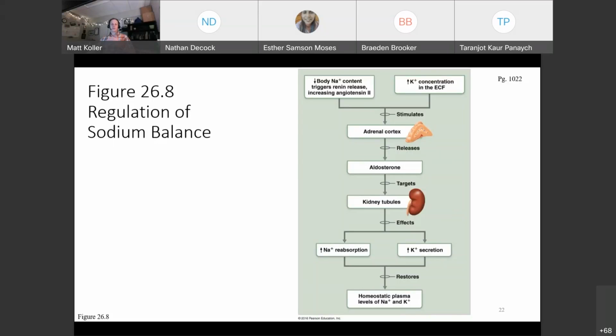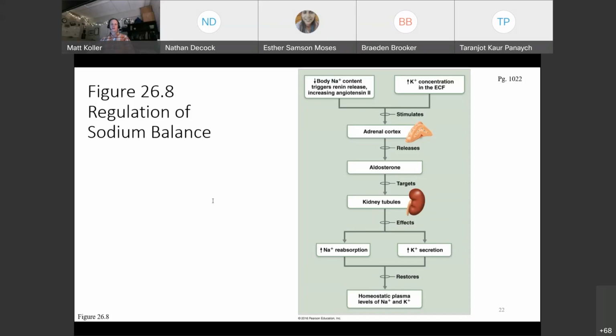So basically, when aldosterone concentrations are high, sodium is actively reabsorbed, and the water follows that, right? So if we release aldosterone, we reabsorb sodium, we reabsorb water, extracellular fluid goes up. When aldosterone concentrations are low, we don't reabsorb as much sodium, and we lose it to the urine, and you also lose water to the urine.